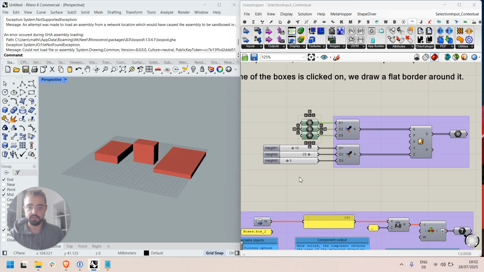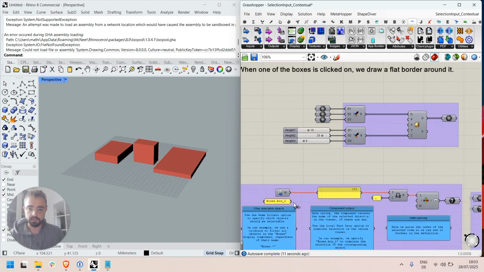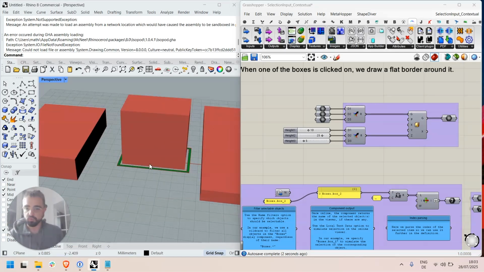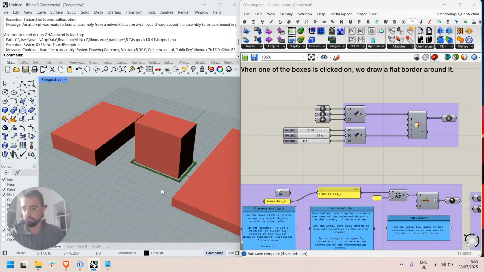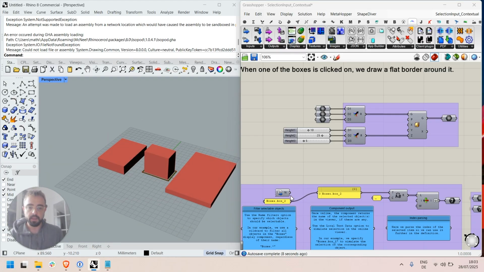I have 3 objects in my scene and I have 1 slider related to each of these objects. And what I'd like to do is 2 things. I'd like to make each of these objects selectable and then use it to drive the geometry. In my case, I'll use my test data here to show you. I'd just like to draw a simple boundary around the object selected. And the second thing is that I'd like to only show the slider that relates to the object I selected